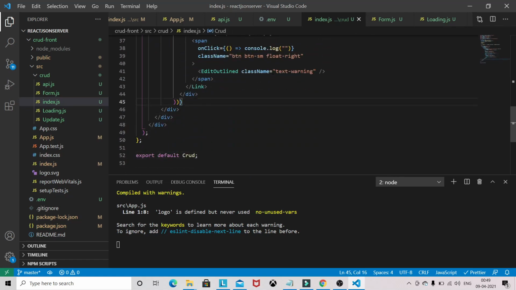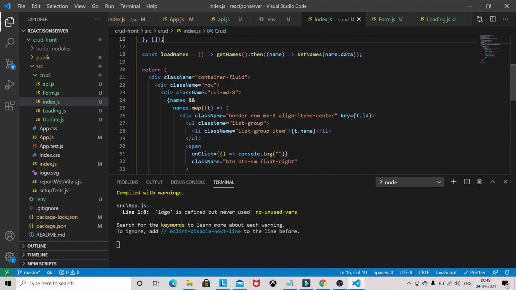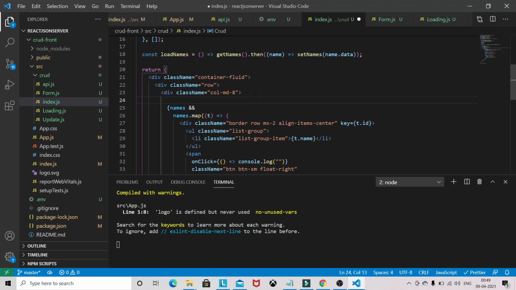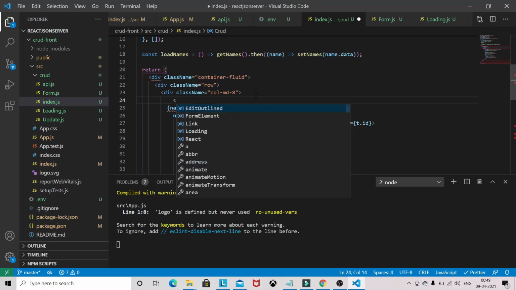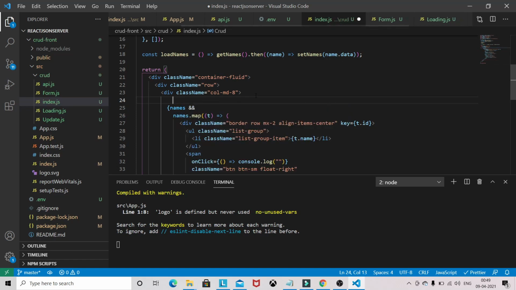So let's add in the return statement. Here we will be adding... we have to modify this existing one a little bit.